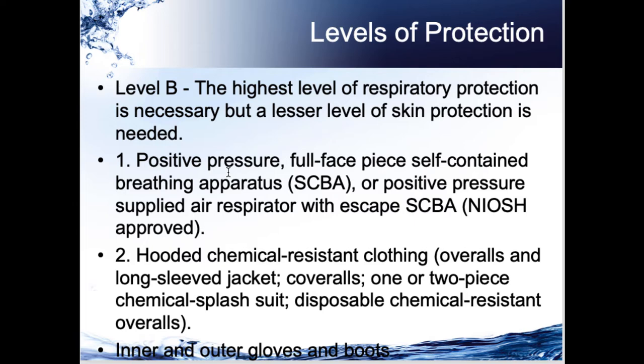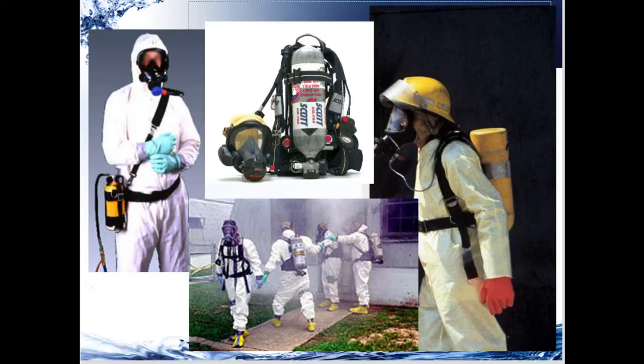You might even be in one that has a hood over it, so it appears to be like a level A suit, but it is in fact a level B suit. So level A and level B, the similarities are the level of respiratory protection. The differences are you have maybe characterized the work zone and you recognize that the agent there cannot be absorbed through the skin and that the proper level of chemical suit can be used so that it doesn't melt the suit in any way, shape, or form. Remember, none of these are